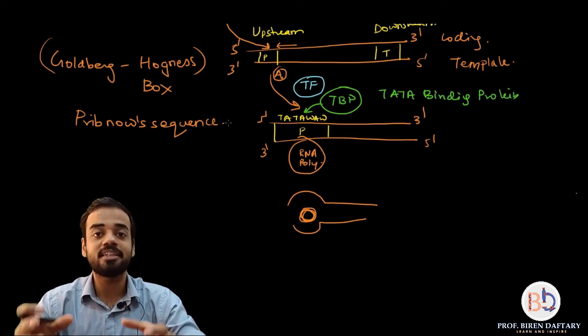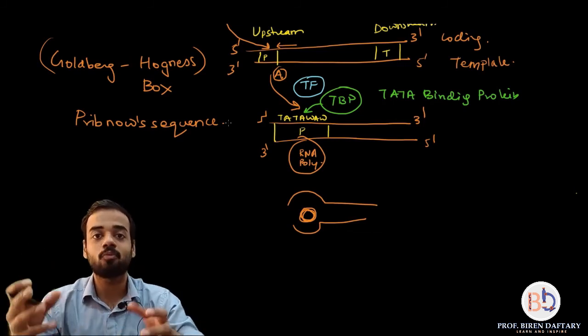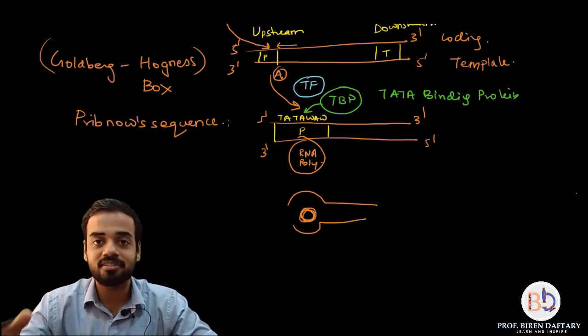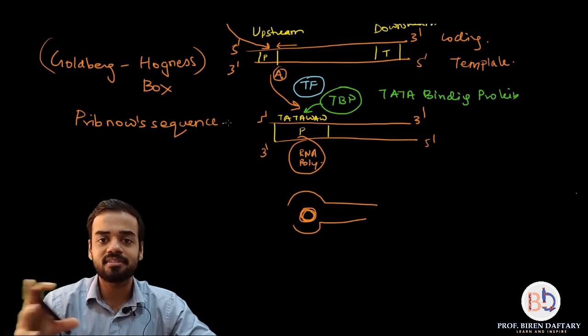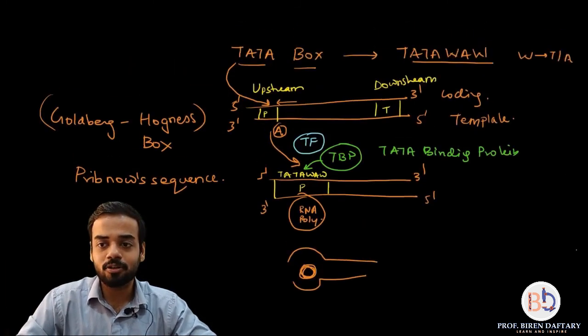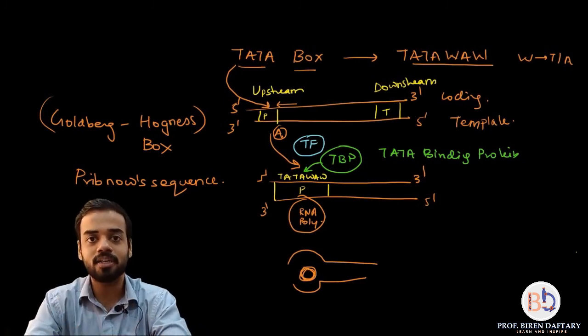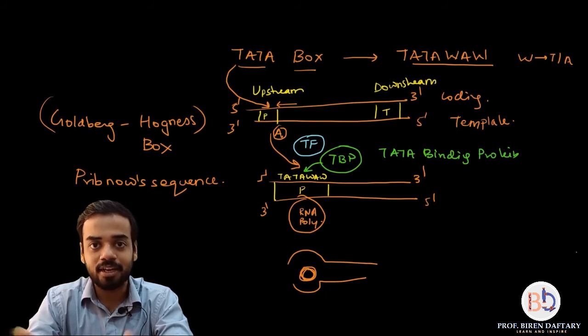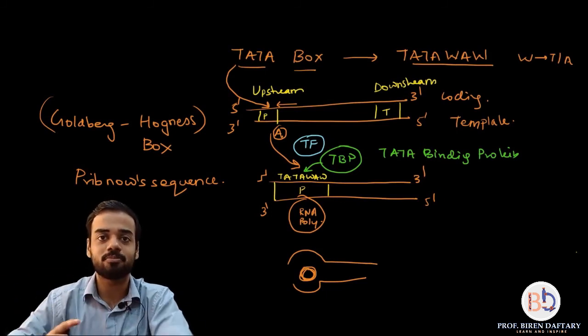What is present in eukaryotes and archaea? In them the TATA box is present. What is the TATA box? The TATA box is a 6 to 7 nucleotide long sequence having only thymine and adenine. Is this clear? I told you that it helps in attachment of the TATA binding protein, transcription factors and the DNA dependent RNA polymerase, and all of them together separate the strands so that transcription can begin.